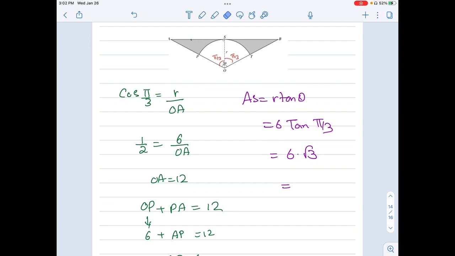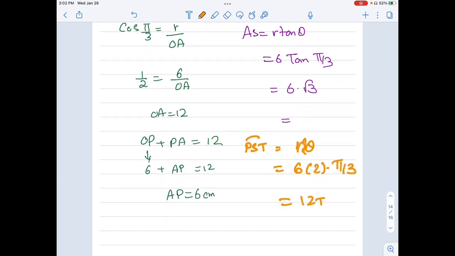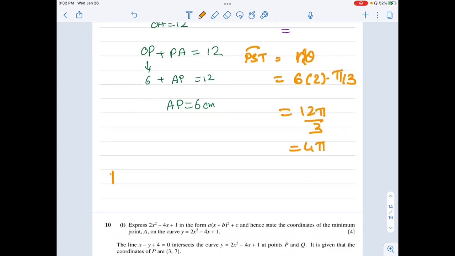So what am I going to do? Length of the arc PST. PST arc's length is nothing but R theta, R 2 theta. So R is 6 times 2 times theta. Theta is pi upon 3. So it is 12 pi upon 3, which is 4 pi. So total perimeter will be equal to, add all the three parts, which will be AP plus,